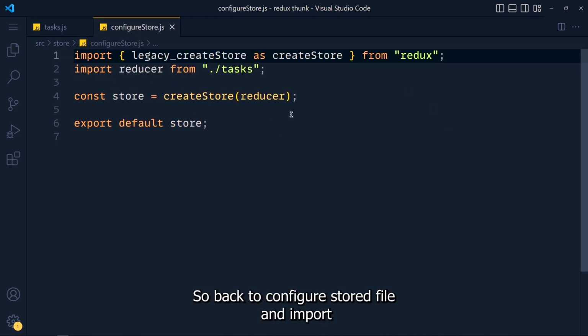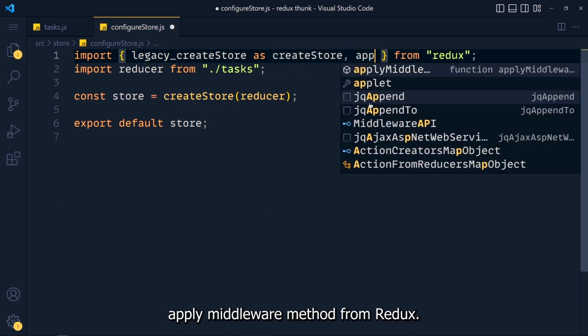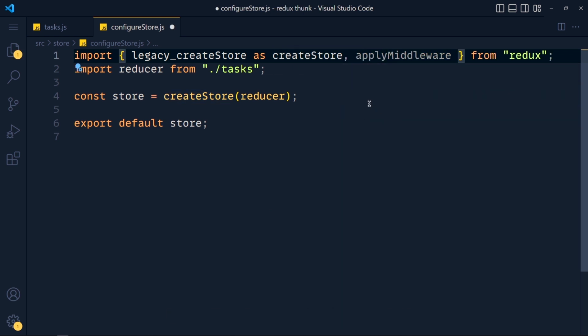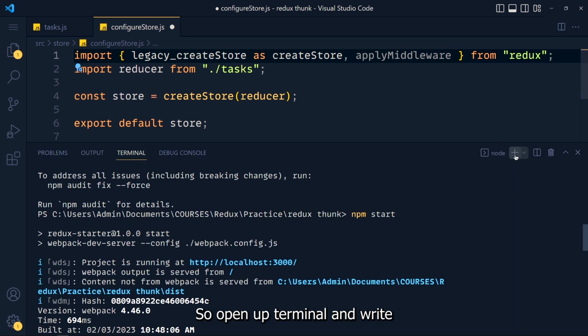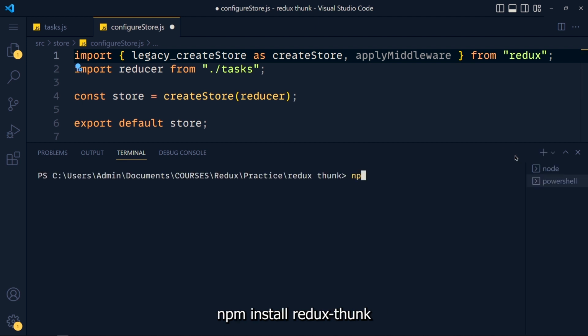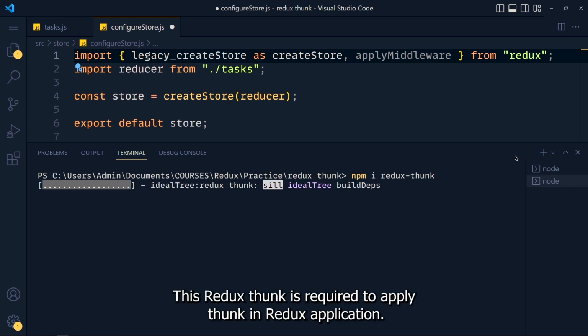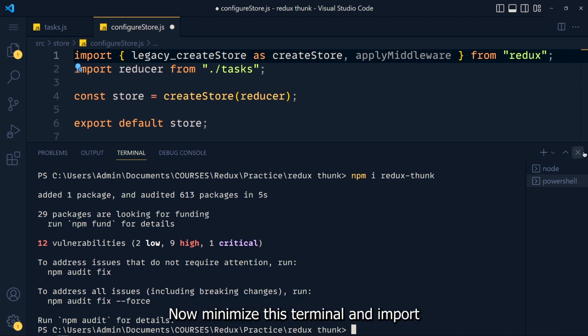So back in the configure store file, import the applyMiddleware method from Redux. Now we have to import thunk from the Redux Thunk library. So open up the terminal and write npm install redux-thunk and hit enter. This Redux Thunk package is required to apply thunk in a Redux application. Now minimize this terminal